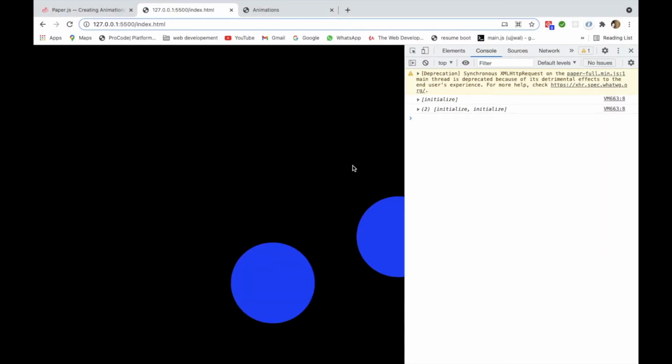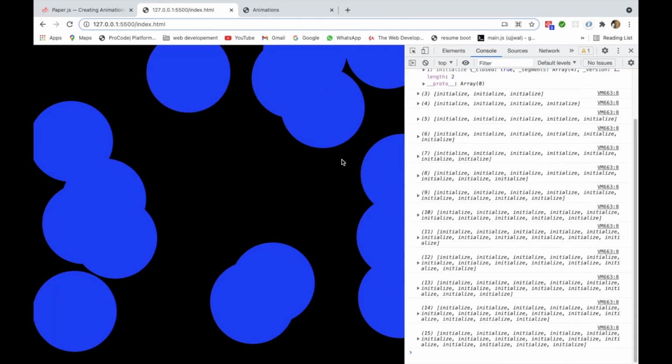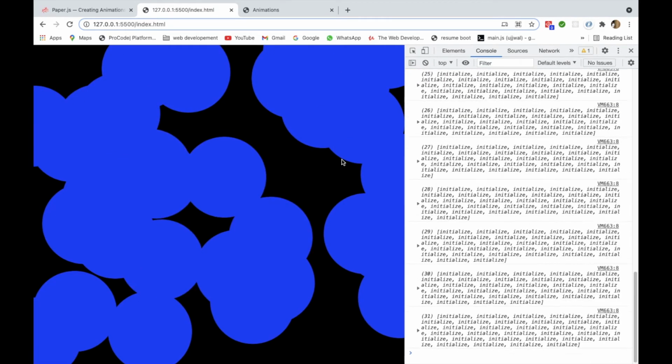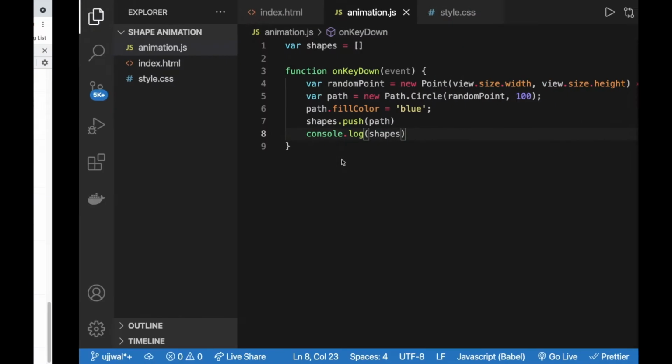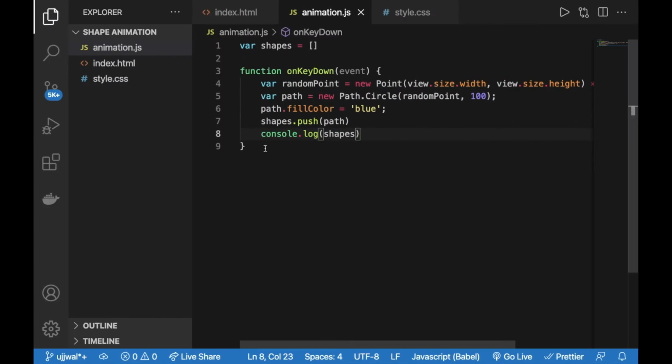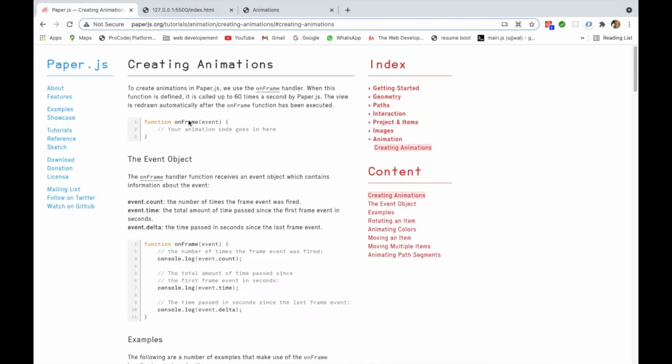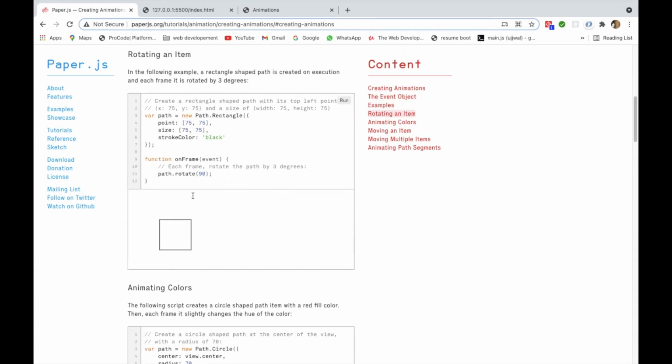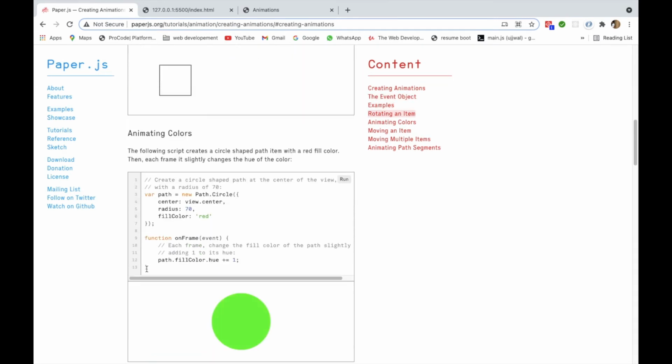So now there are two shapes you can see in here. Each shape has some properties in it, and if I again press n number of keys, you can see the size of the array is increasing. And that is what I wanted to achieve in here. So the size of shapes is increasing, so it is working very well. Now let's jump up to the animation. Let me refresh it, and let me simply copy this thing on frame hue.